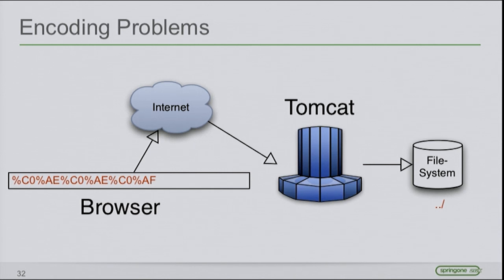Because in the Unicode specification, if it is an invalid character because it's too high, then we need to map it to a valid character again. And the JVM didn't do that. So it was clearly a problem with the JVM. And therefore, inside of the JVM, that was something useless. In the file system, it was something useful. So that means that one passed the Spring Security filter, or any filter, Tomcat filters, anything, not only Spring Security. And it got evaluated finally to .. You can imagine you can do interesting stuff with that.